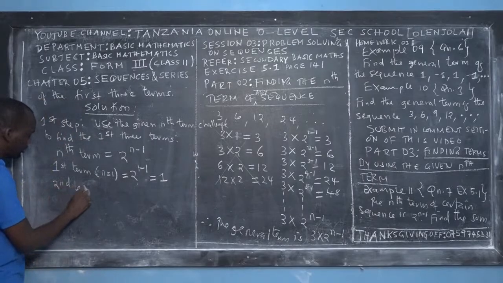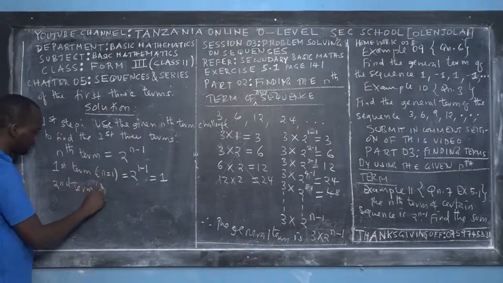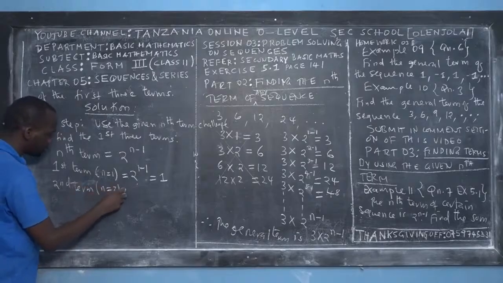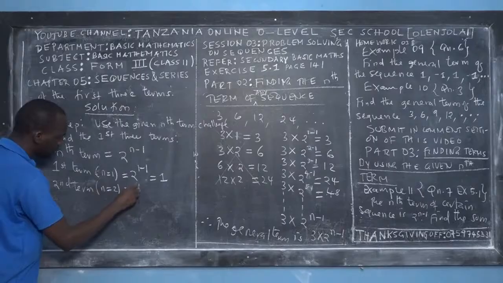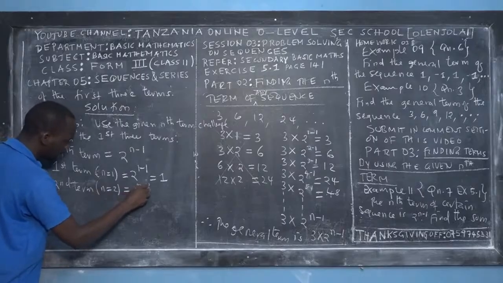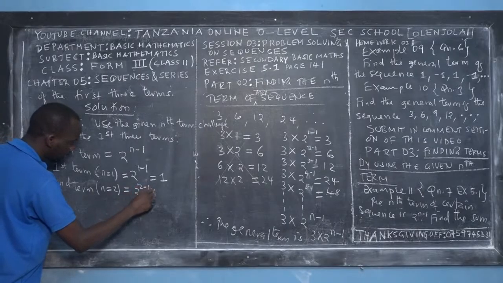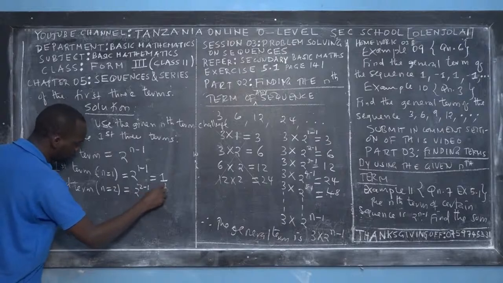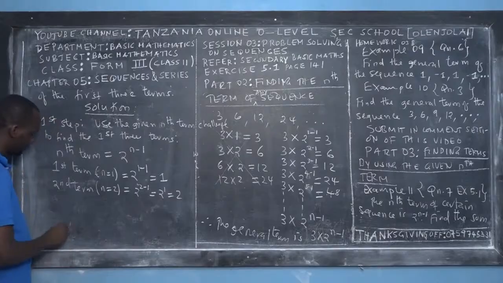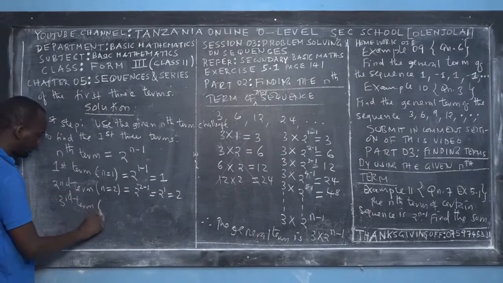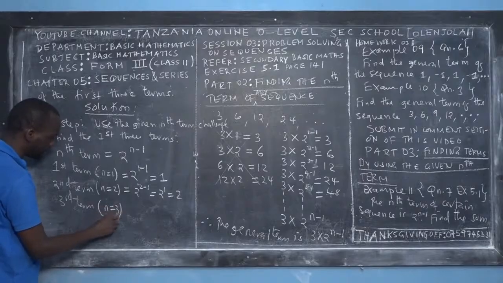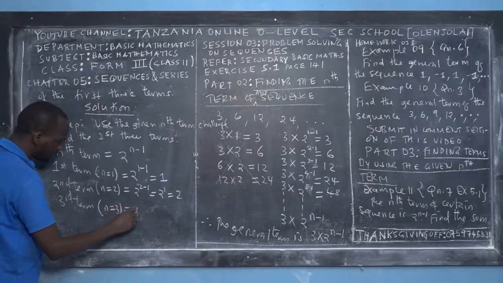Second term: we find it when n is equal to 2. So this will be 2 power 2 minus 1. So 2 power 2 is 4, and 4 minus 1 is equal to 3. Then you have to find the third term. So for the third term, we say that n is equal to 3. So how will you find it? It will be